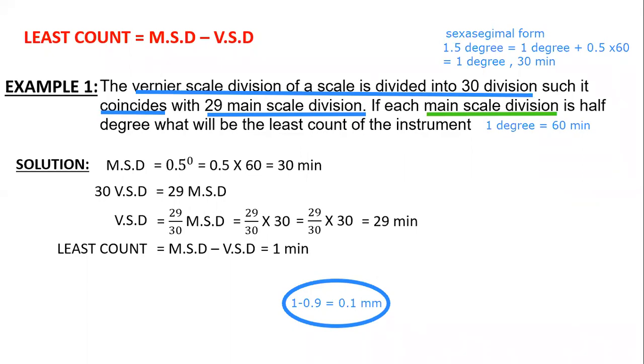Sir, the least count is 1 minute or 0.1 mm. No, the blue one which I highlighted over here. This was for the last diagram which I had made, which was measuring the length, diameter. And this formula is given in your school books, 9th ICSE, in which they are told that the smallest reading on vernier scale is your 0.9.